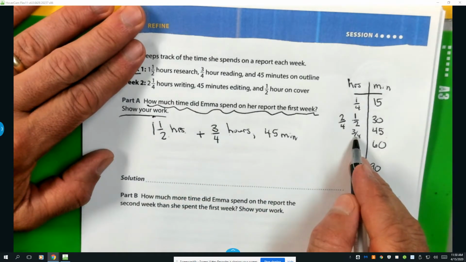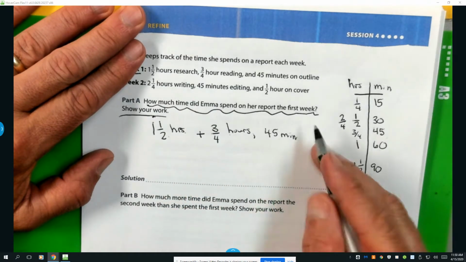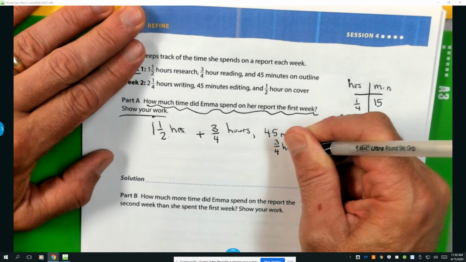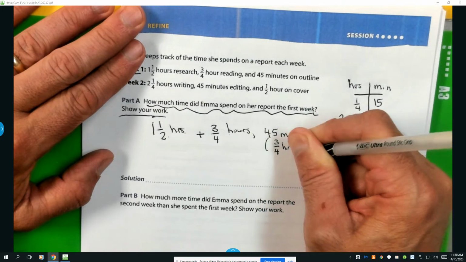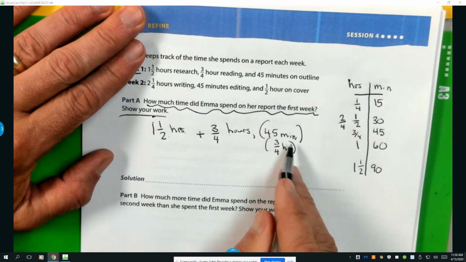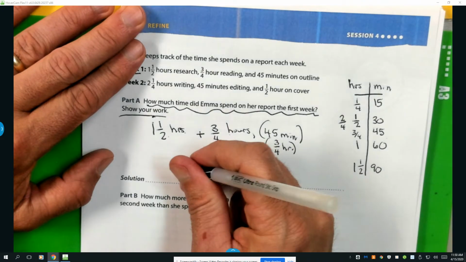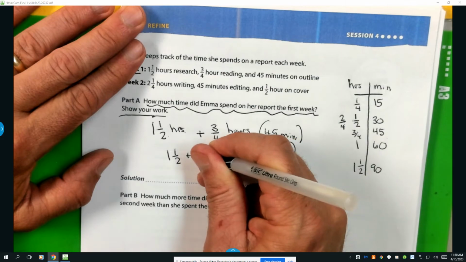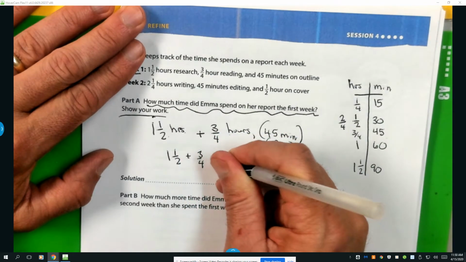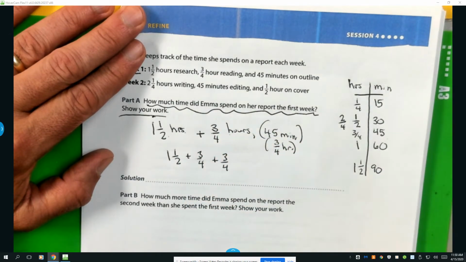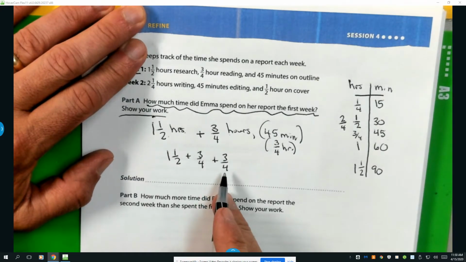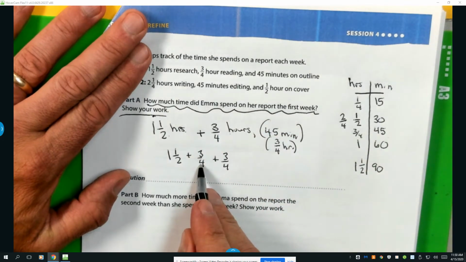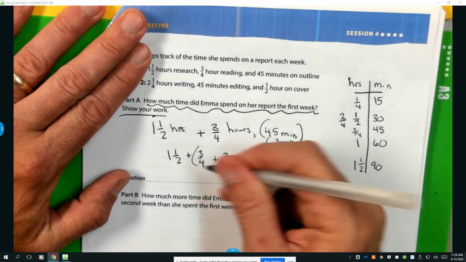And what do you know? Here's another. 45 minutes is, I'm going to just trade it, 3/4 hour. Okay, this is the one that I converted. So now I'm left with 1.5 plus 3/4 plus 3/4. Okay, so now all I've got to do is add these two right here. 3/4 plus 3/4,